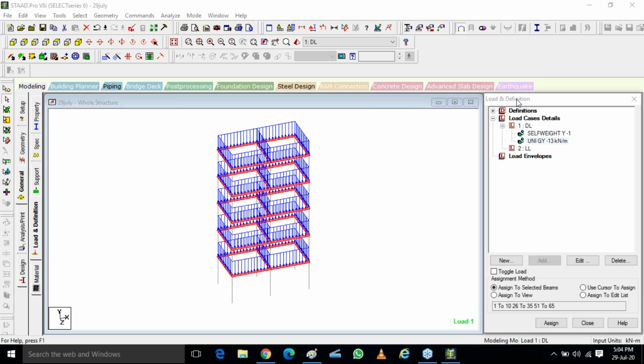Which icons are not visible? The shortcut ones. Just a moment, Prashmita, I'll just see it.